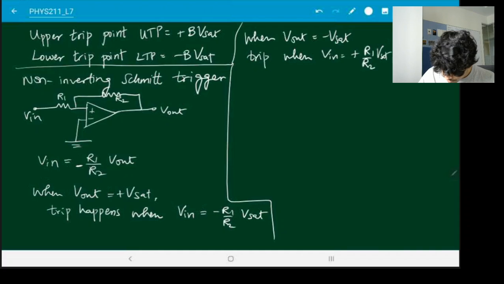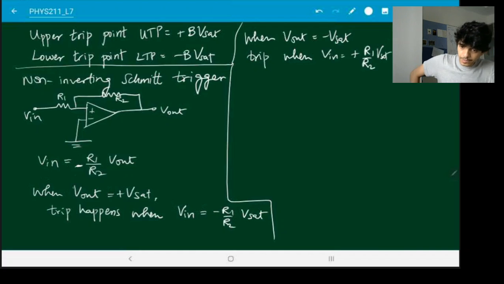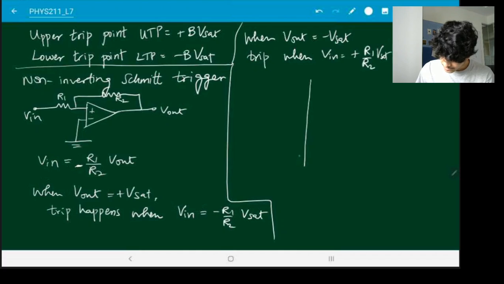Sorry, this makes sense. So yeah, this is the negative. Vin is minus R1 by R2 Vout, and that is why these are the two trip points that you get. So again, doing this graphically,